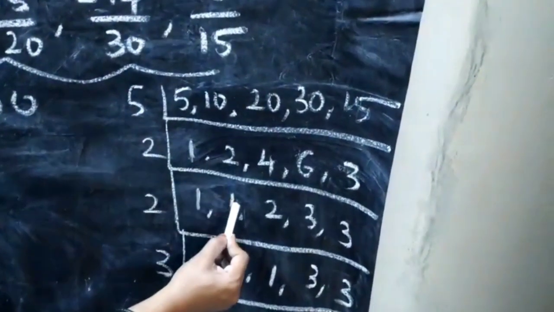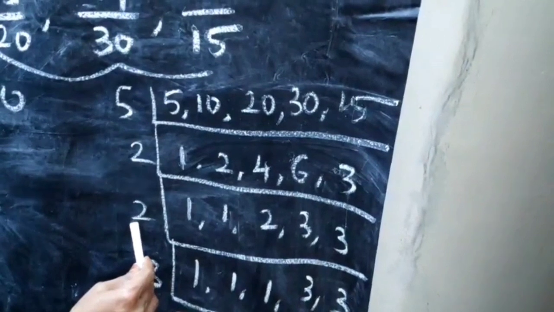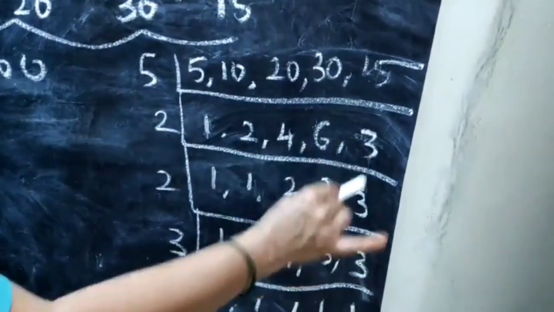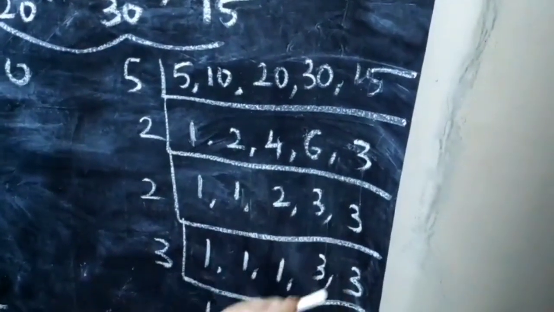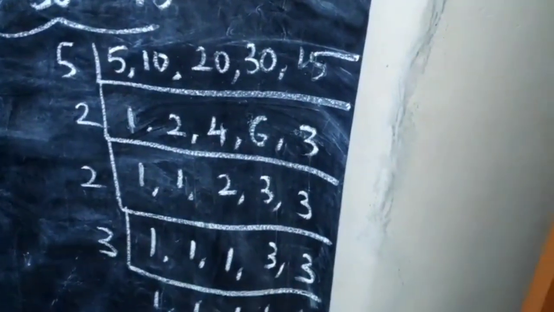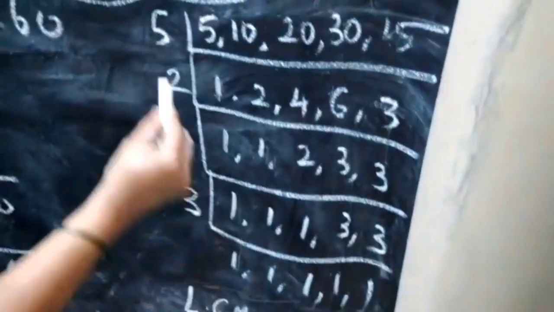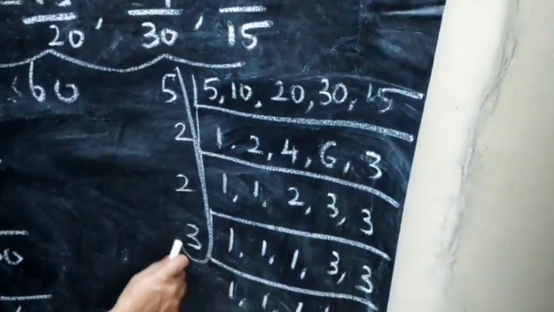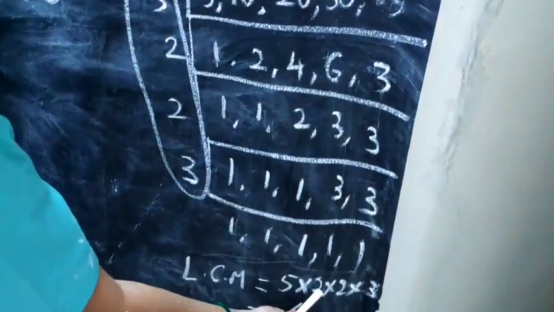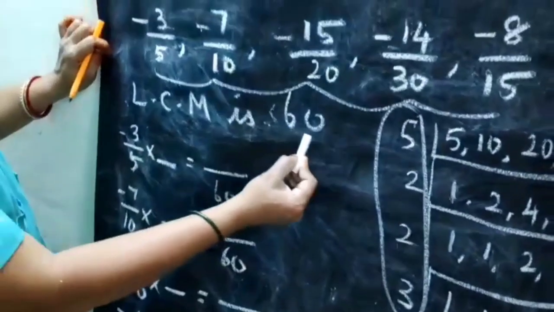1 you write. 1 2 is 2. 2 2s are 4. 3 2s are 6. 3 is not possible, straightly you write 3. Next you take 2. 1 you straightly write. 1 2 is 2. 3 is not possible, as it is, you write the same here. So the third table you want to take. All the ones are 1 1 1 1 1 1. 1 3 is 3. 1 3 is 3. So the last step is 1 1 must come. Now to find the LCM, multiply all the factors. LCM is 5 into 2 into 2 into 3. 5 2s are 10. 10 2s are 20. 2 3s are 30, 60. So the LCM is now 60.